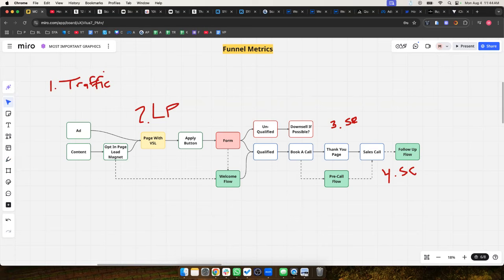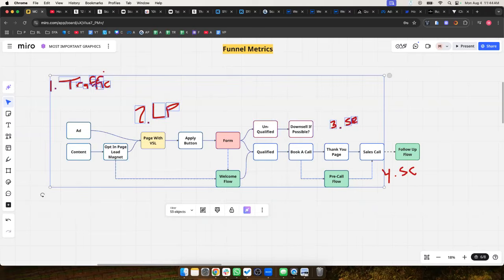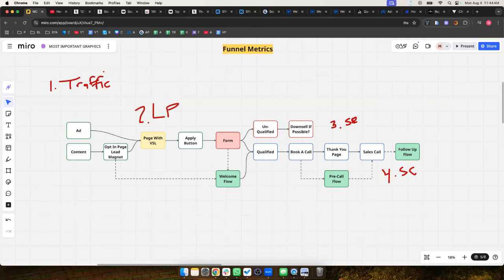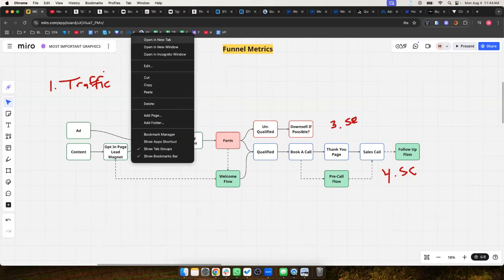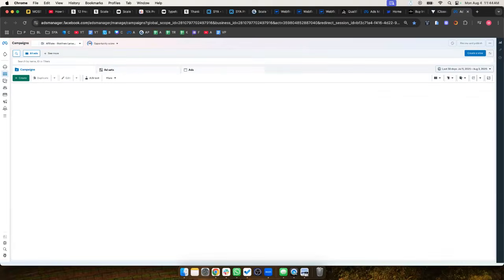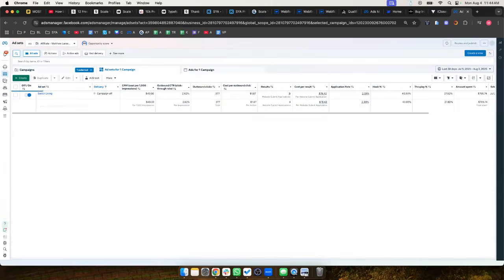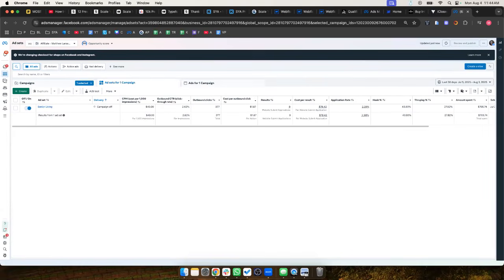It's very, very important to understand that if it's working and you're getting clients at an acceptable customer acquisition cost, nothing else here in terms of metrics matters at all. Just leave it. If you're getting clients, you're getting clients, no problem. But a lot of these are useful if it's not working, to dive into the metrics to diagnose it. So if I open up here, what you're going to want to aim for in your ads manager, and like I said, if it's working, it doesn't matter at all.